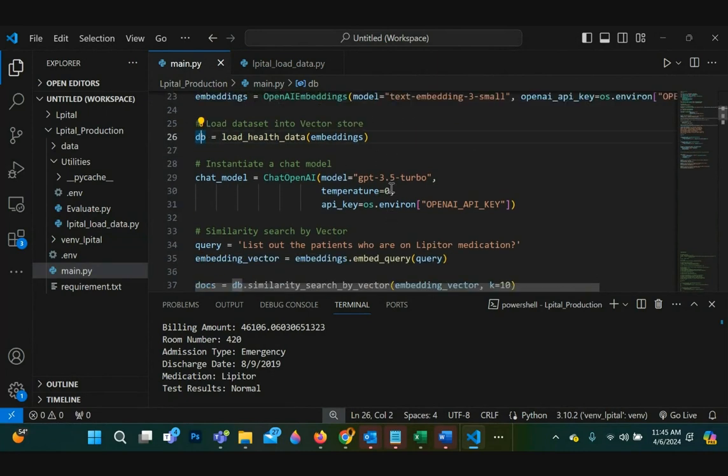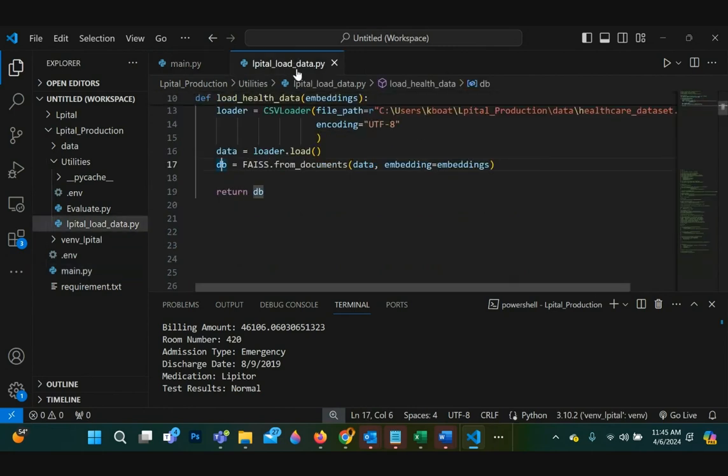So when it's loaded, is it just a matter of loading it, or do you have to do anything else? The vector database takes care of everything, basically converting everything to the vector space. That's what is happening. So that's the abstraction that Ben mentioned. This line here is doing everything.